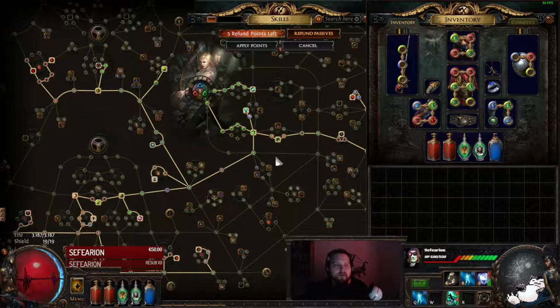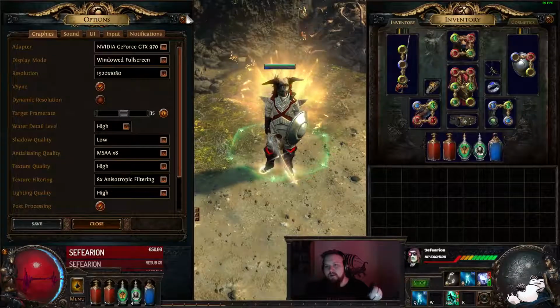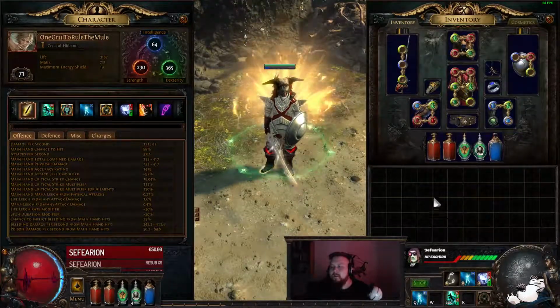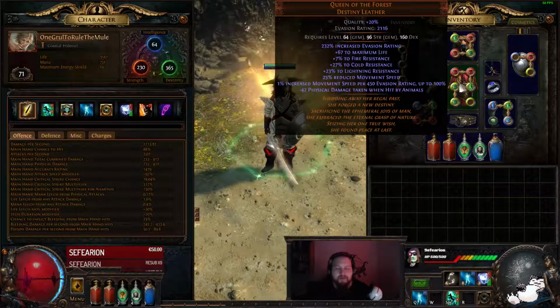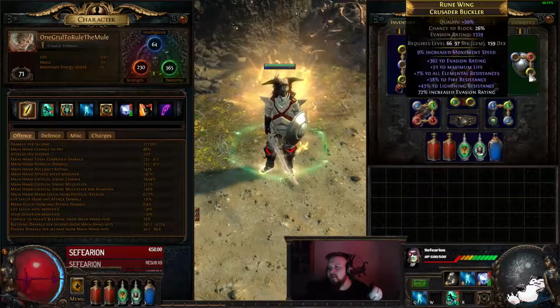Now let me show you the gear. The gear of this build is basically a Queen of the Forest, and that's the main reason why we need the flat evasion and evasion percent and the defenses from equipped shield, because in total with